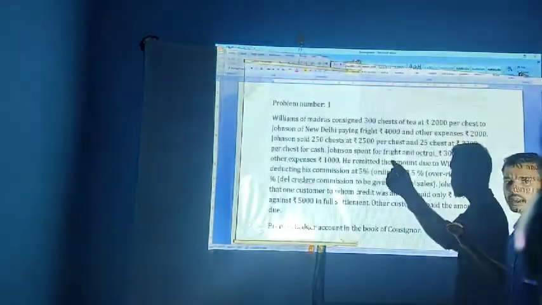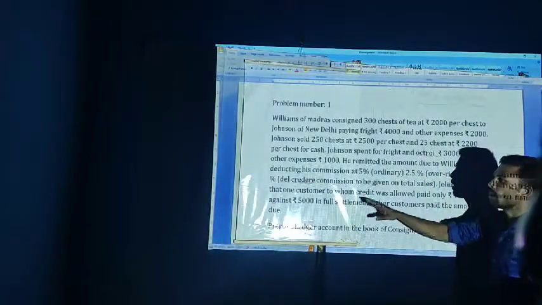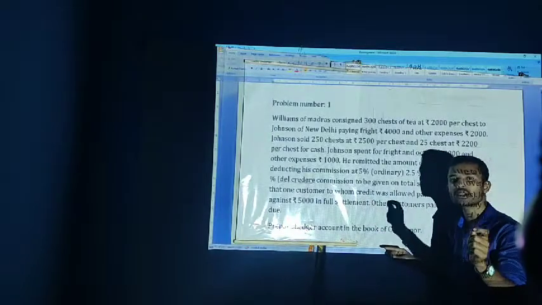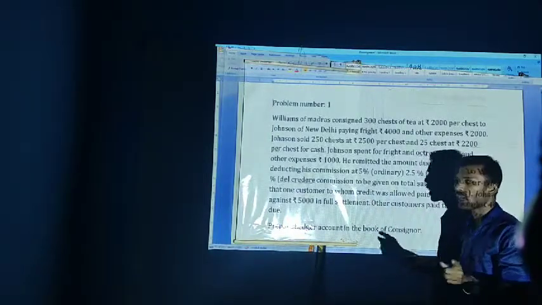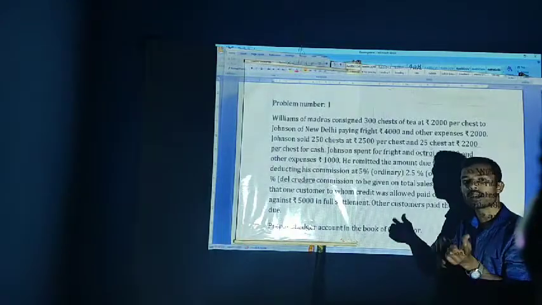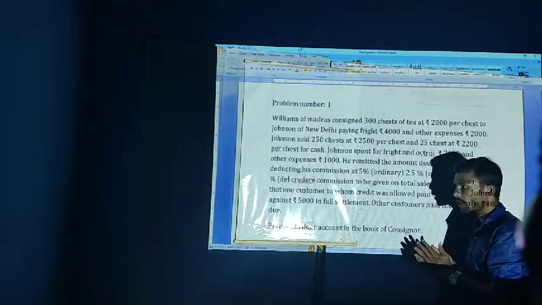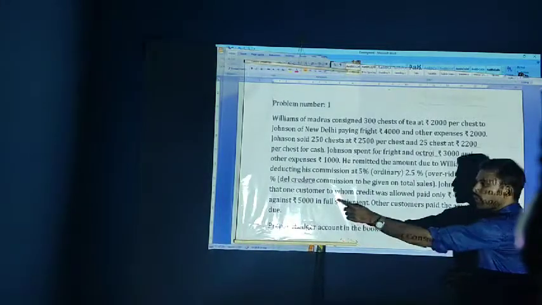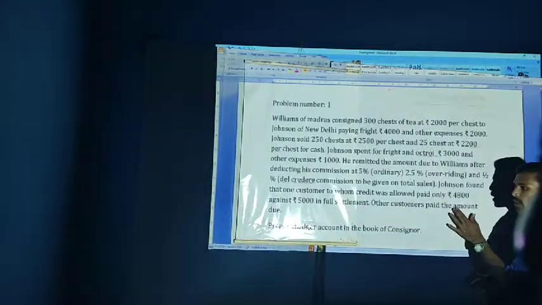Right, again welcome back for the small integration. When a consignor is paying the del credere commission to the consignee, the bad debts will be the responsibility of the consignee. Hence, this entry will not come here. Ignore it.